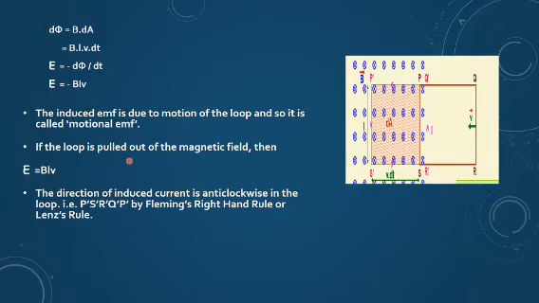So the direction is negative, and that we can find by using Fleming's right hand rule also. If you are willing to pull this wire towards the right, meaning outward, then the negative sign will go away. It means you will be left with a positive sign. So that is again to show you the direction. The important point is the direction.